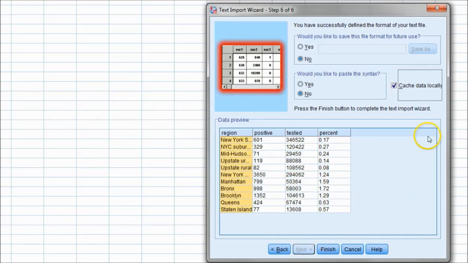Click Next. It's going to ask if you'd like to save this file format for future use, and if you'd like to paste the syntax. Feel free if you'd like, you can click yes and see what the syntax and the script would actually look like to import the data, if you're interested in doing imports that way rather than using this import wizard. Although I think this type of software is much more oriented to using a drop and click, and not many people really use the syntax, but it's always a choice. And so all we have to do is click finish,